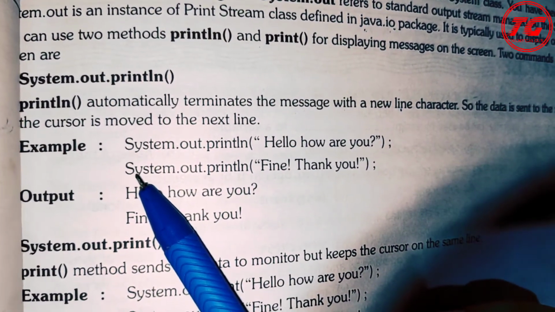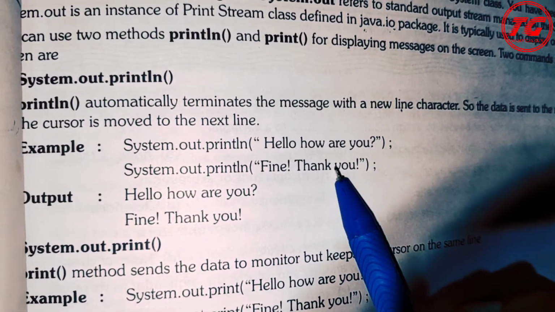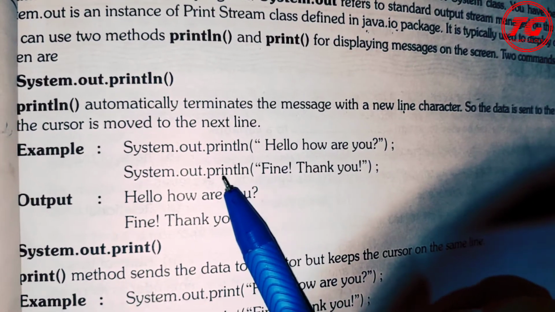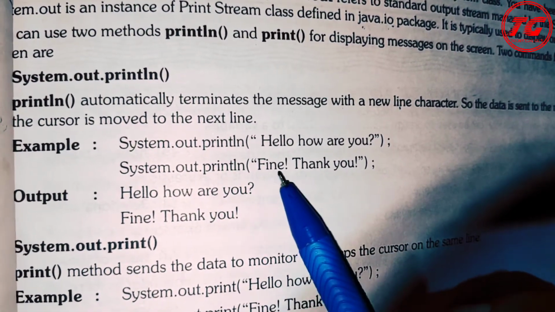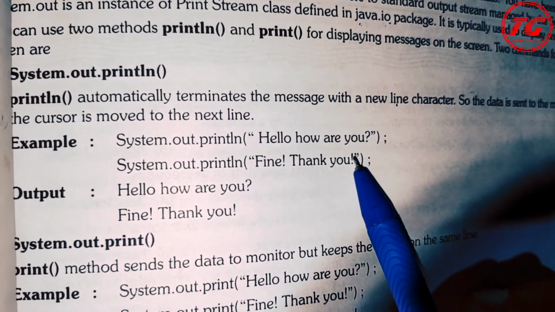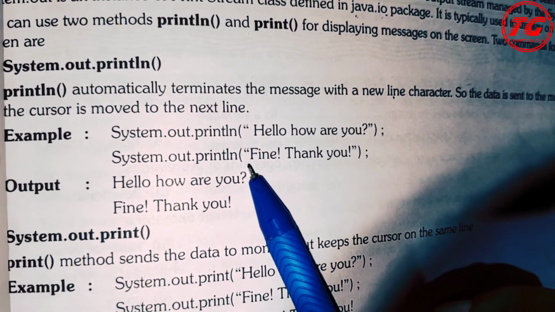And if you are printing something again, System.out.println, fine, thank you, this message will be printed in the new line. As here again println is there, after printing this message, the cursor will be moved to the next line or the new line.